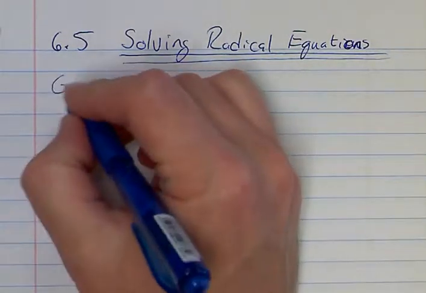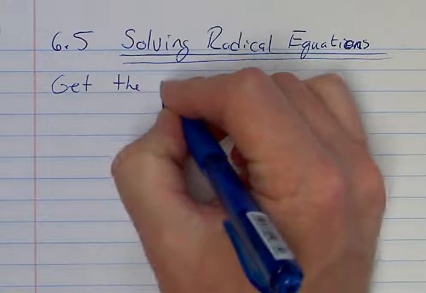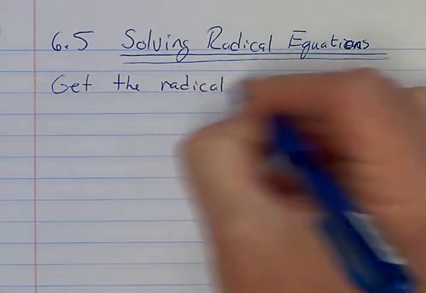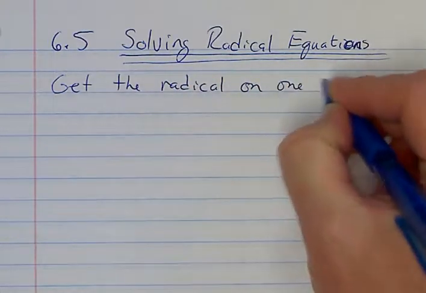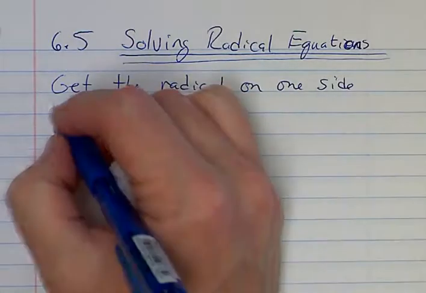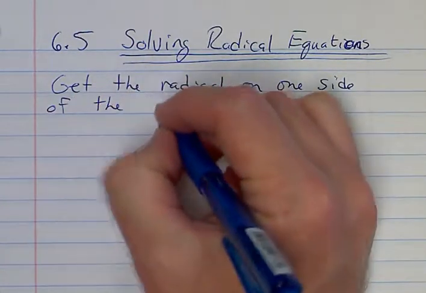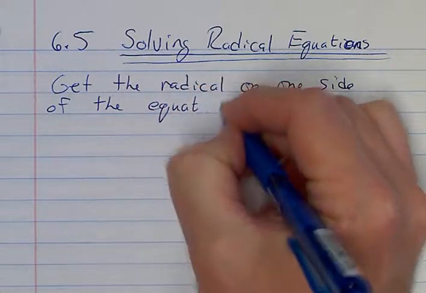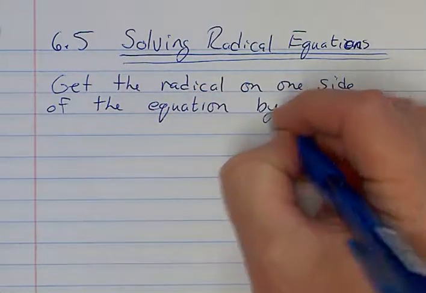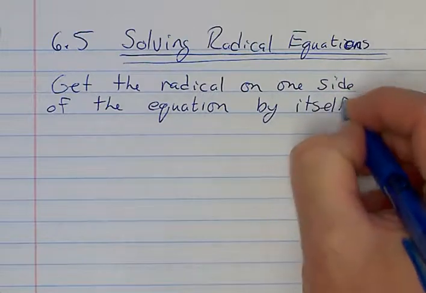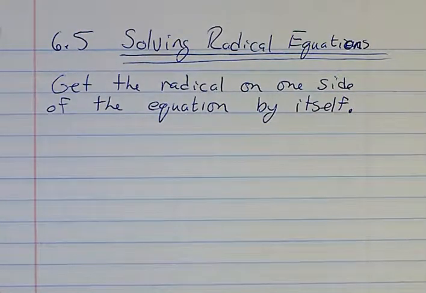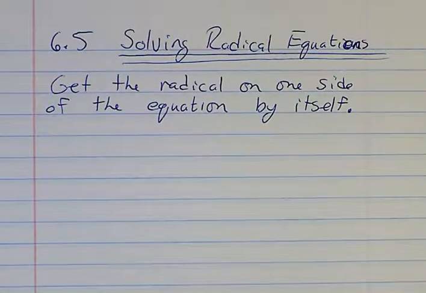The first thing is you have to get the radical on one side of the equation by itself. So you're just going to add, subtract, a little bit of multiplying. Probably not going to do any dividing in this case, but you just add, subtract, and multiply some stuff to get the radical by itself. And once you've got the radical by itself on one side of the equation,